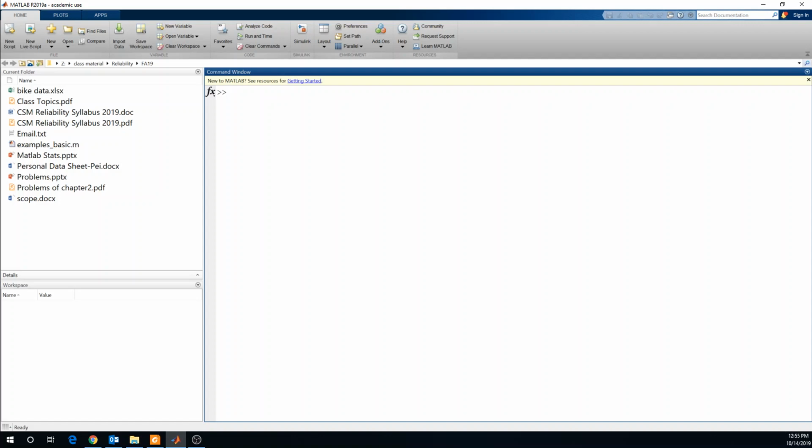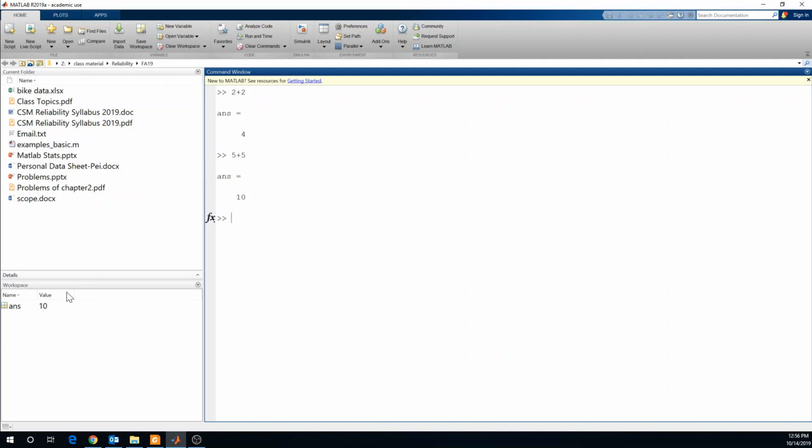As I mentioned, it is just like a big fancy calculator. You can do 2 plus 2. You just need to type it. Then when you enter, Matlab will get the result into ans, which is a default variable. If you don't do anything, it will create a variable to store the results, and that variable is called ans. The bad thing about it is that if you do another thing, then the ans is gonna get